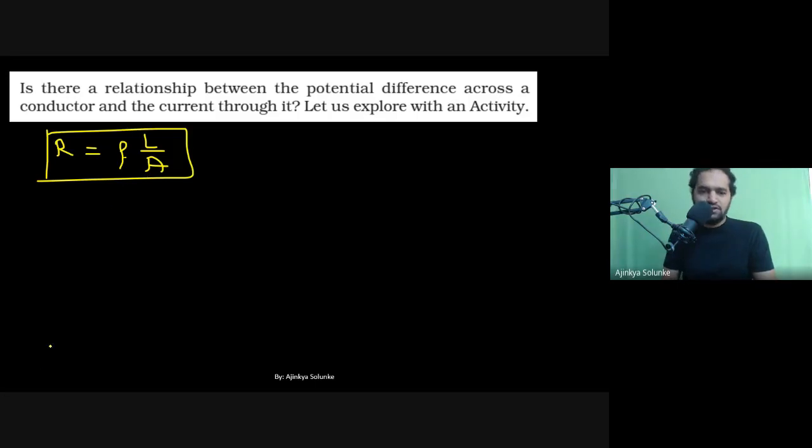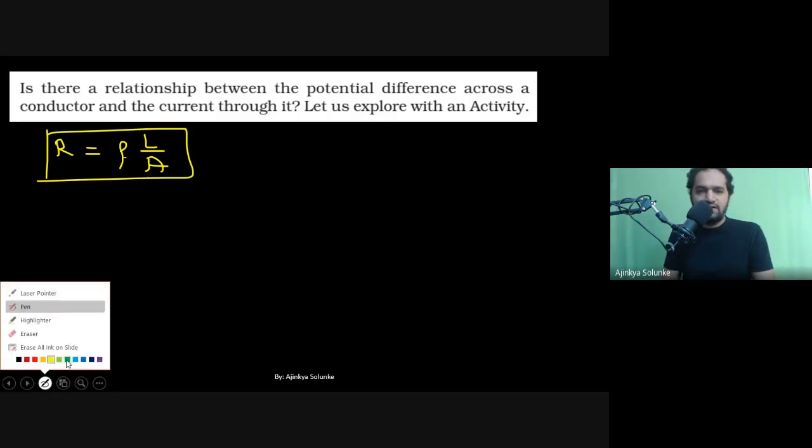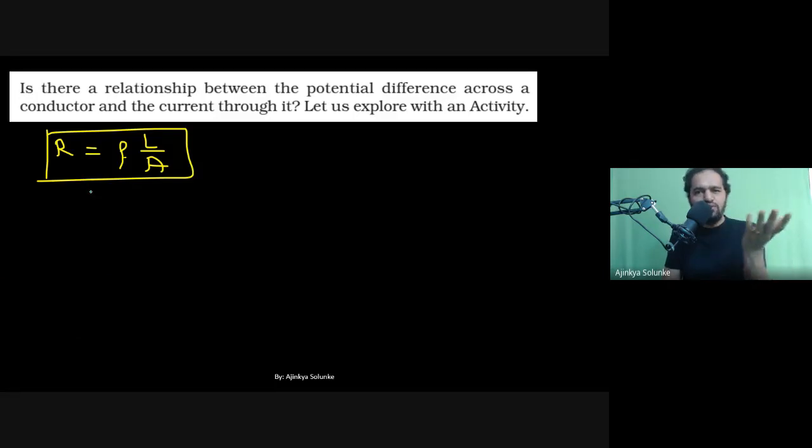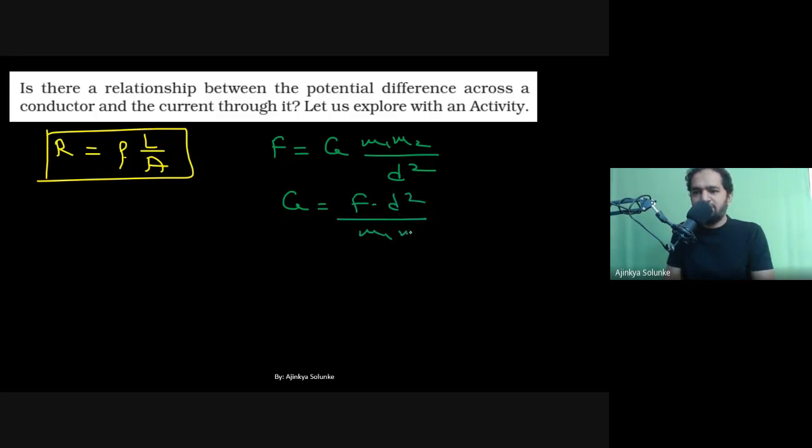Okay, so let us talk about the unit now, how we can derive that. To derive the unit, do you remember how you derived the unit for capital G in your ninth standard gravitation? To find the unit of G, you transferred everything to the other side, that is F into D square divided by M1 M2. Then you wrote down individual units. The unit of force is Newton, distance unit is meter square, and then kg into kg, that is kg square. This is how you found the unit of G last time in ninth standard.